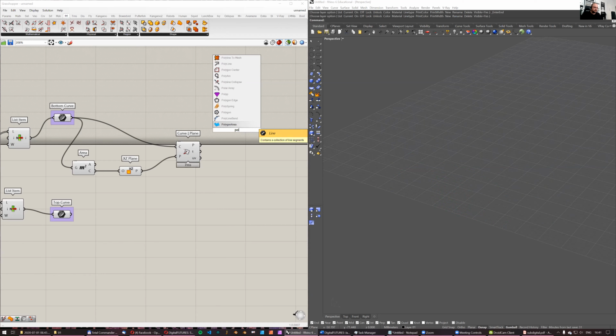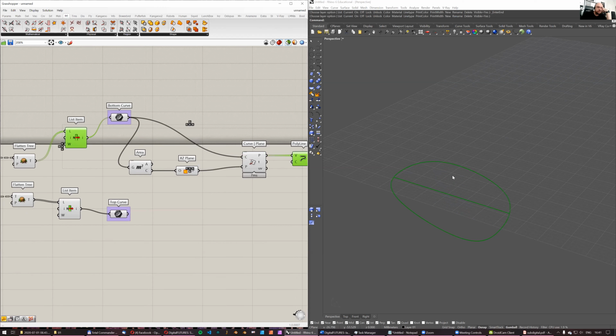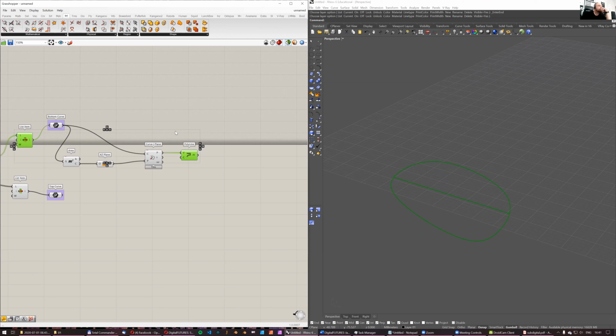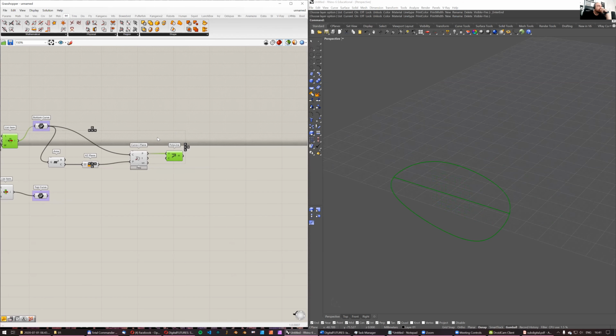Actually, I can draw a polyline because now this is a list of points, and if I use a list of points here, it draws a line. So the bottom edge of the leg should be on this line somewhere, and I should pick a random position for the leg. How will I do it? Now I'm thinking I should pick a random point on the curve and then draw a 7 centimeters long line, which means that I will